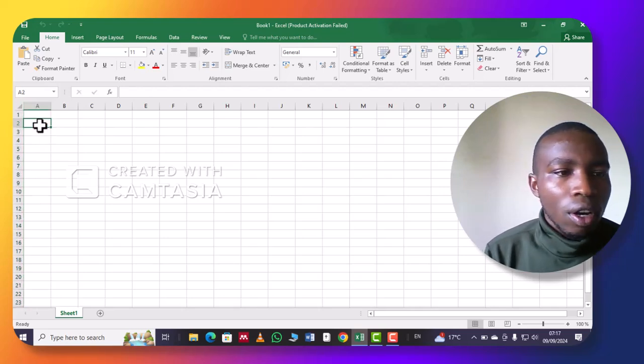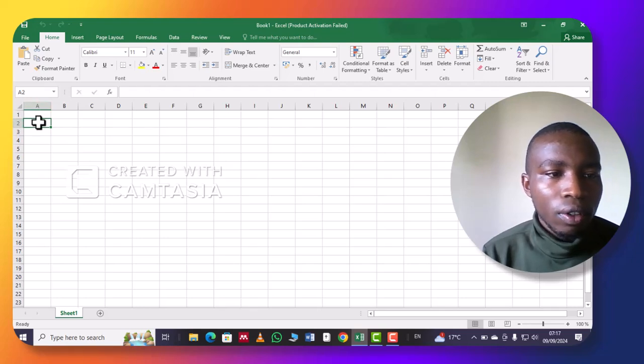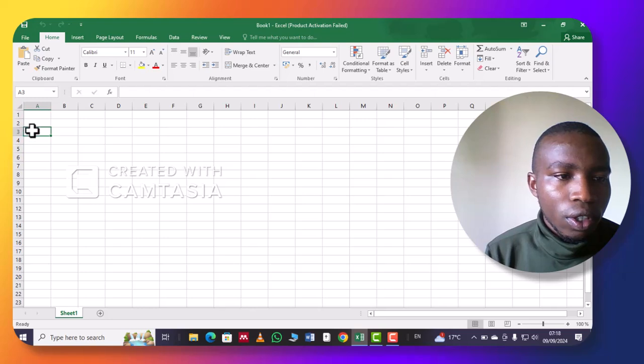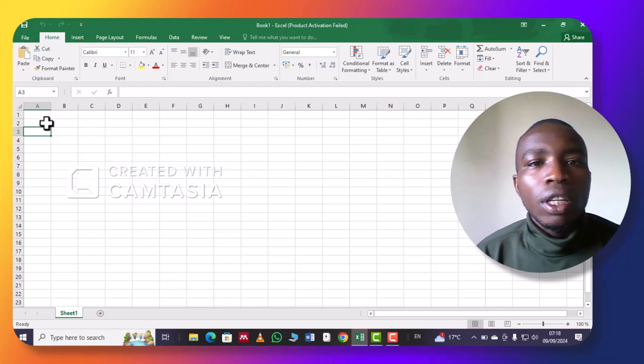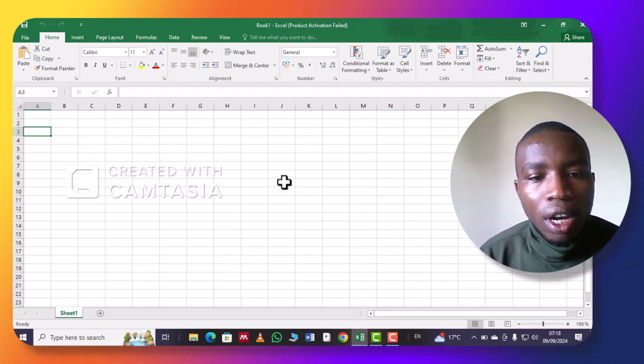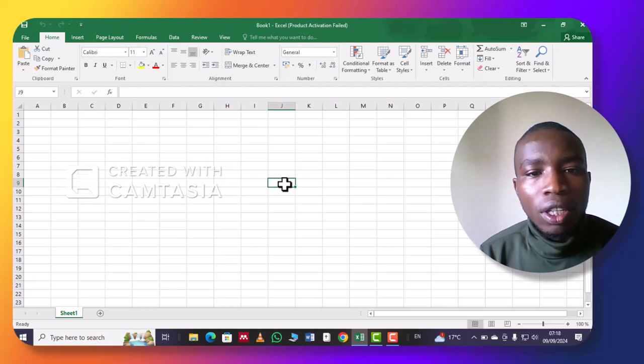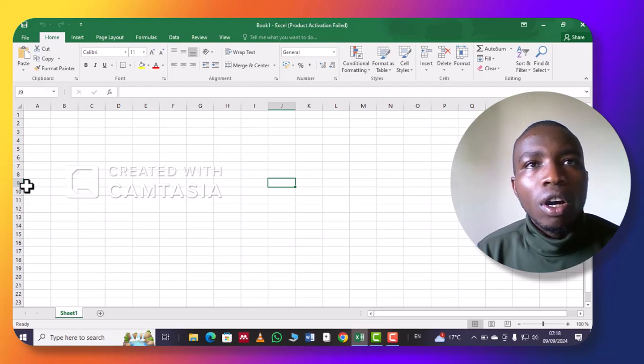Now, where a row meets a column, we call it a cell. This is why you see this box. Where a row meets a column, they form a box, and that box is called a cell. Each cell will always have a cell reference, made of its column letter and its row number.